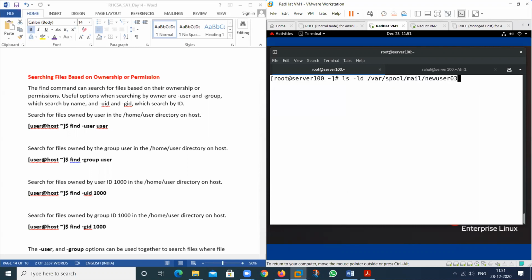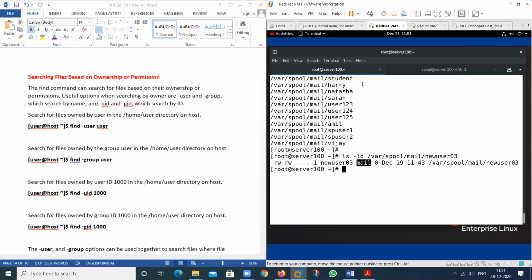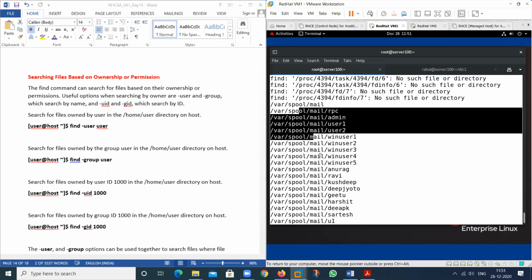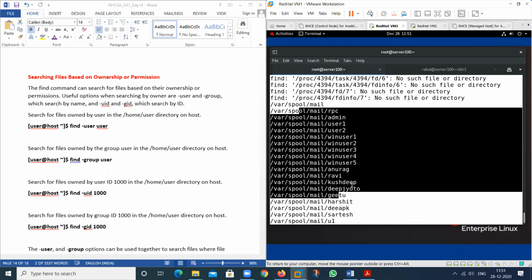ls -ld. See, what is the group name of this particular file? This is a file that has the group name mail. It means all these users, see here, this is also a user, this is also a user, all have this particular mail group.